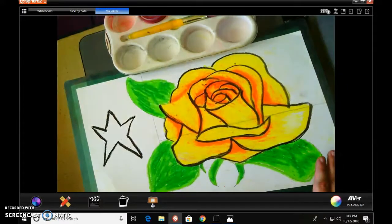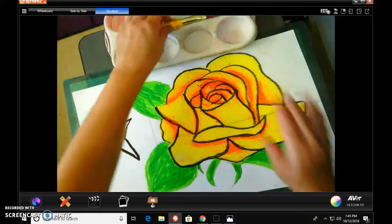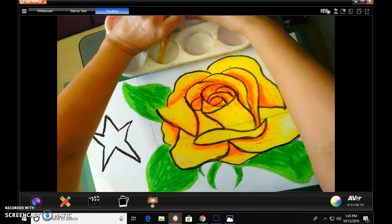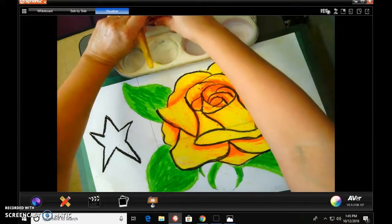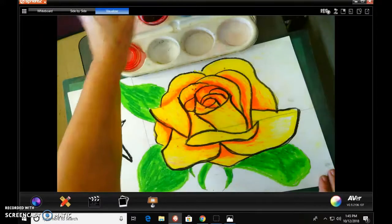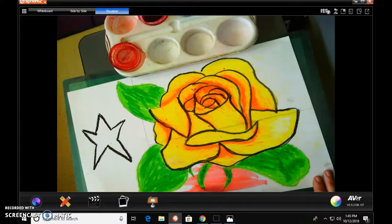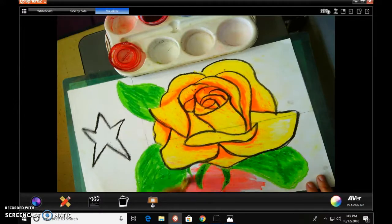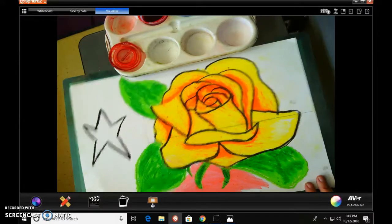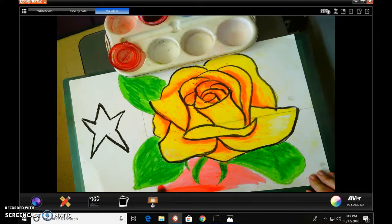Okay, so now all we're gonna do is we're gonna do the bottom red. There's not much. We're gonna do the bottom red and then this side blue. All right, so I think I'm going to start with my red. And remember, we're just going to go right over. So if you accidentally get some, that's okay, because it's going to push it off. Okay, so that's okay. You just want to kind of get a little bit of watercolor wherever you're, now of course your rose is going to be different,